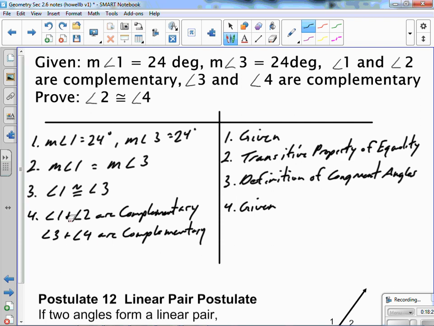Now, since 1 and 3 are congruent, and 1 plus 2 equals 90, or is complementary, and 3 plus 4 is going to be 90, or complementary,